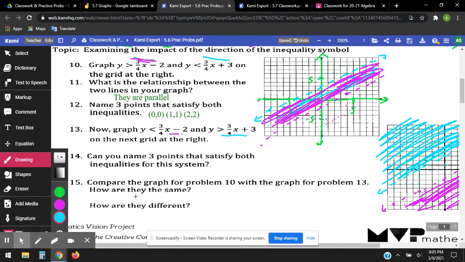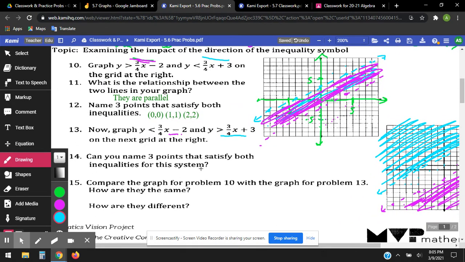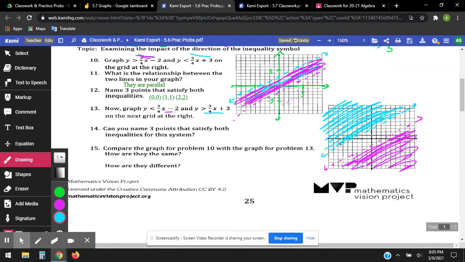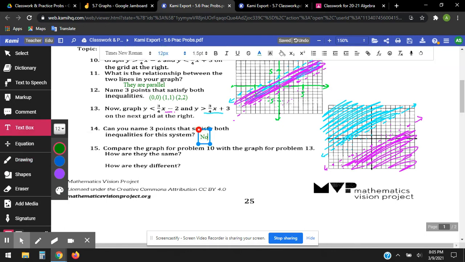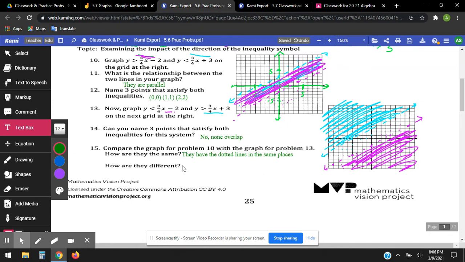Okay. So can you name 3 points that satisfy both inequalities for this system? Go ahead and zoom back out again since I don't have to do any graphs on that. So are there any places where the blue and the purple overlap? Nope. No, none overlap. Compare the graph from problem 10 with the graph from problem 13. How are they the same? How are they different? Well, they have the dotted lines in the same places, but for how are they different,